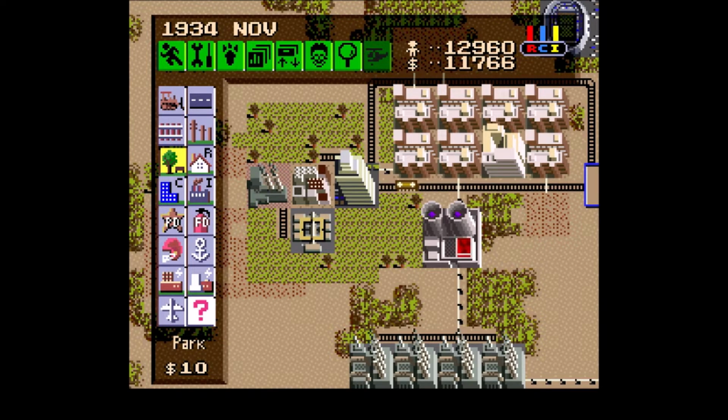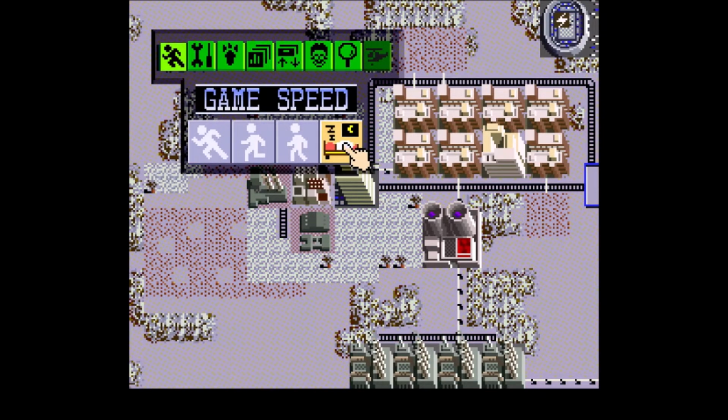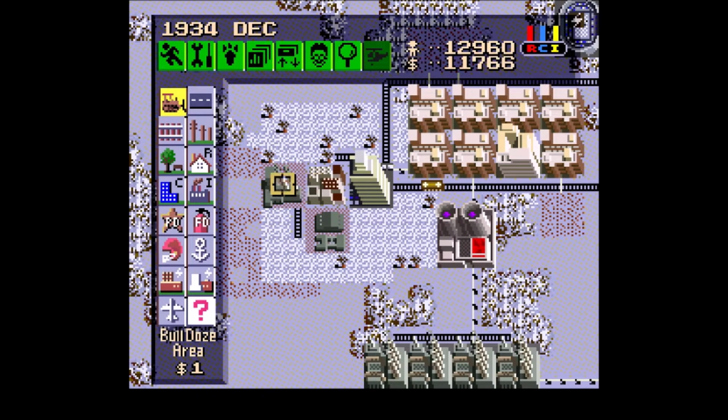One difference between residential and commercial zones is residential zones are very finicky and more unstable than commercial zones. They will revert back if there's too much pollution on them, or the crime is high and they're in places with low land value. If I were to bulldoze these